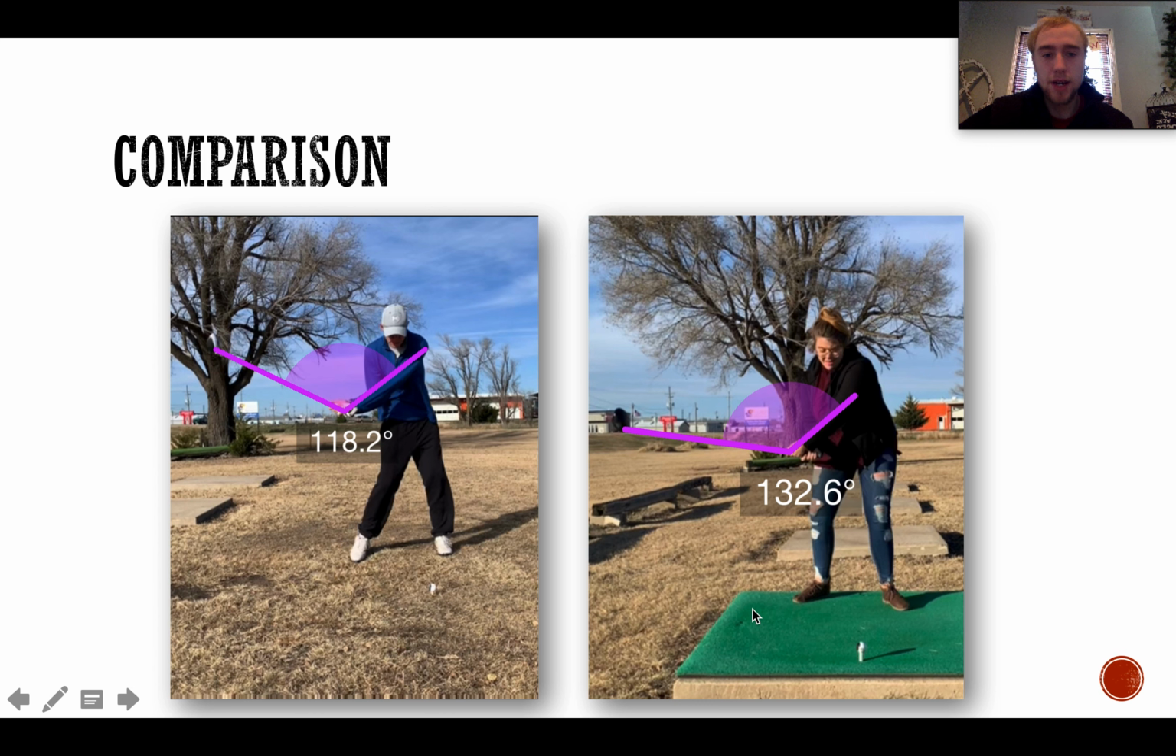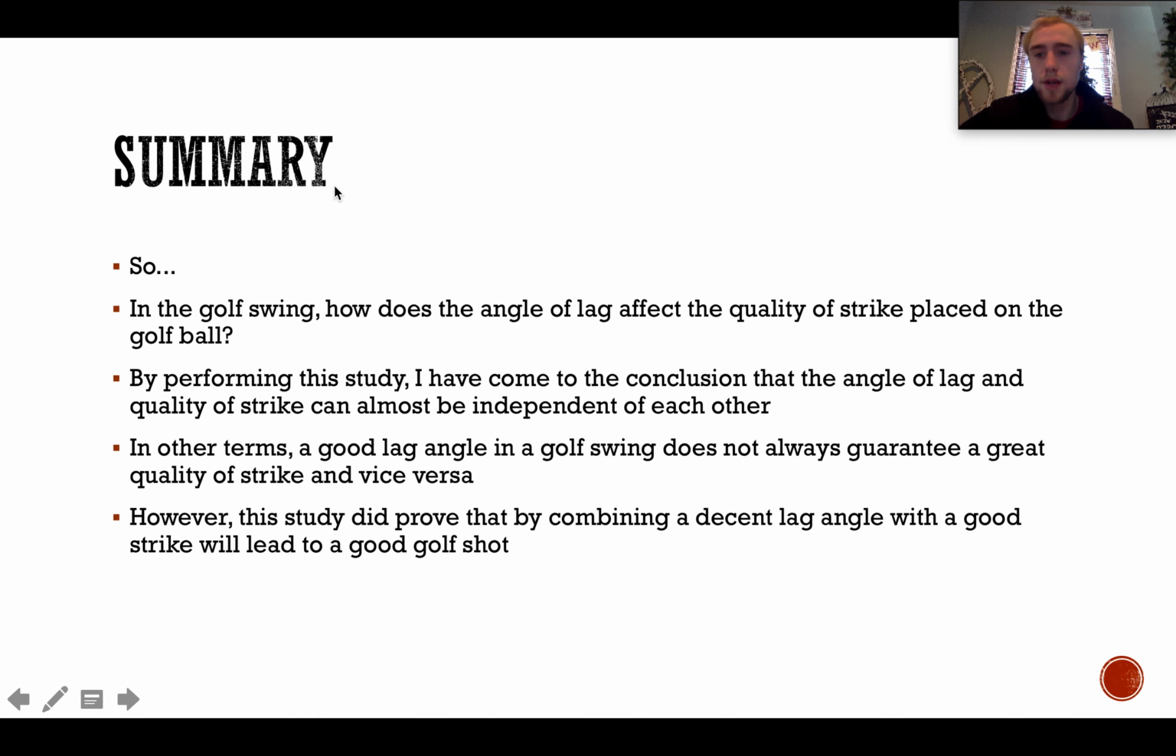So let's look at their swings right now. So this is subject A over here on the left. As you can see, this was swing 9, so his best swing, over 300 yards and only 2 yards off of target, reaching a lag angle of 118.2 degrees. And then if we look over here at subject B, was her best golf shot, reaching 105 yards, and she has a lag angle of 132.6. So, as you can see here, there's also some major differences in having 6 years of golf experience as opposed to having none or little. So, to summarize everything up,